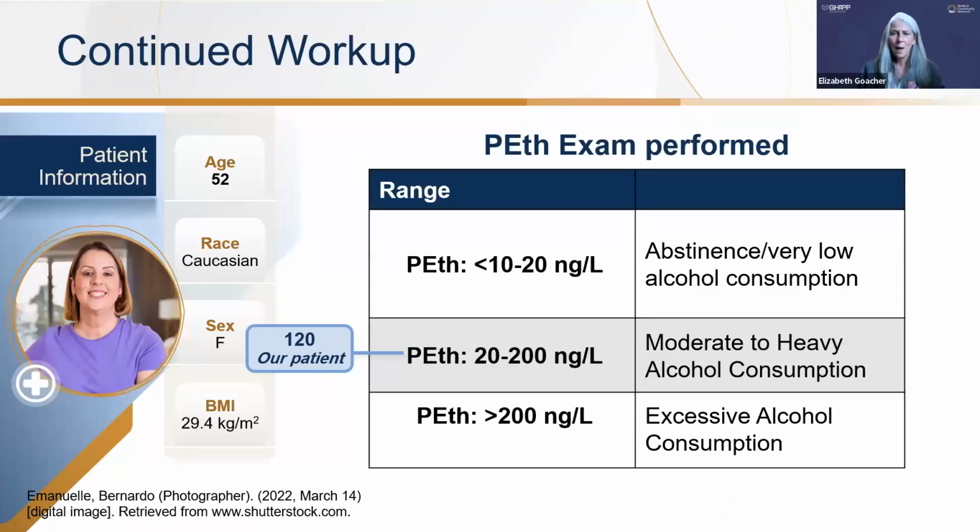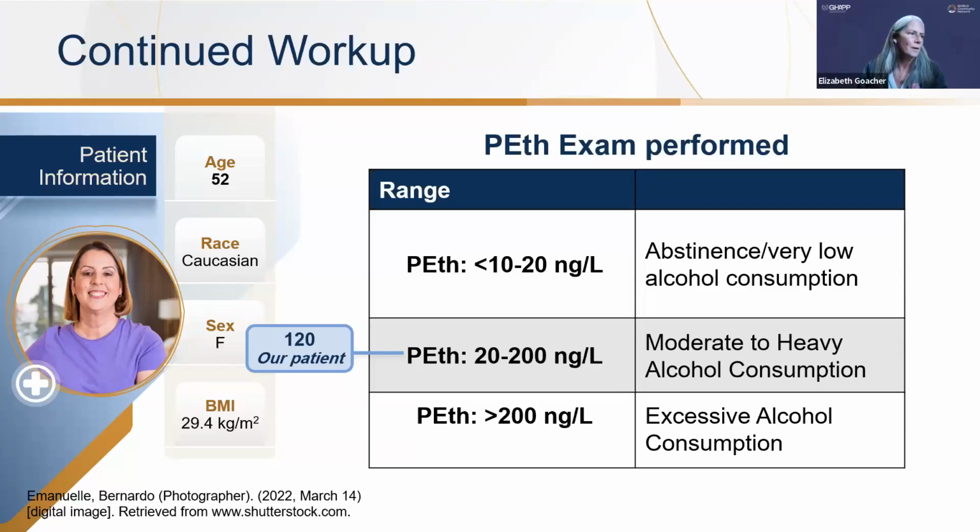When it comes down to PEth testing, PEth is a biomarker for alcohol degradation. So your PEth level goes up. We compare it to having the A1C, right? So A1C goes up as exposure to glucose. It's a representation of glucose exposure. PEth is a representation of alcohol exposure. The more alcohol exposure, the more PEth you make.